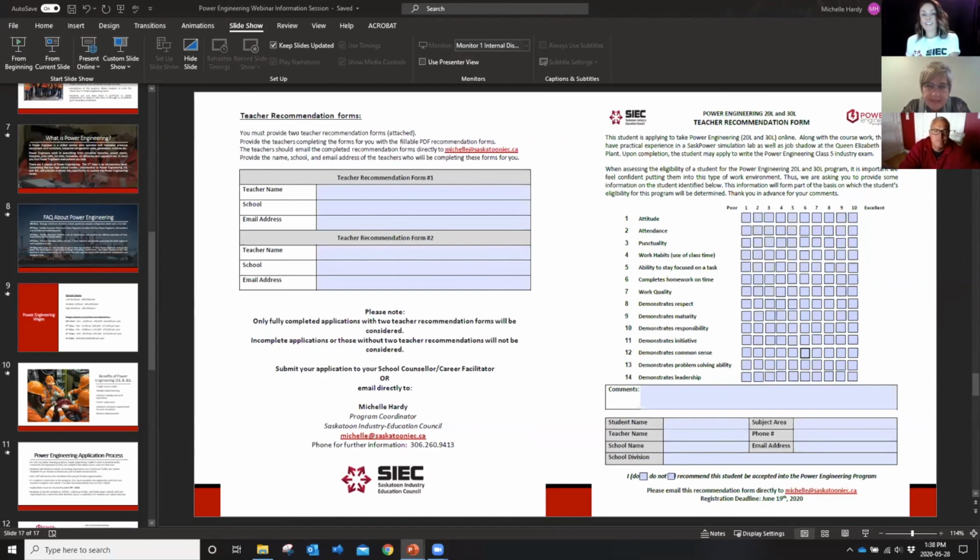If you are a teacher who is asked to complete a recommendation form for a student, I beg you to be as truthful as possible when completing these recommendation forms, because along with the application, the recommendation form is what helps me or my team to determine who we will accept into the program. And when we have a student who has glowing recommendations, then that tells us that we have a student who would fit into this program. But if it was not completed truthfully, then that can cause issues moving forward.